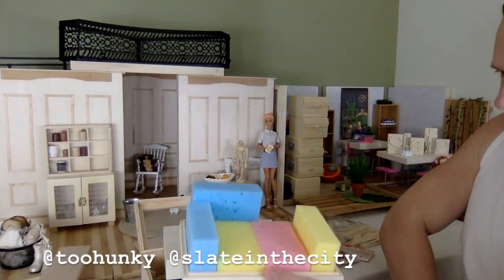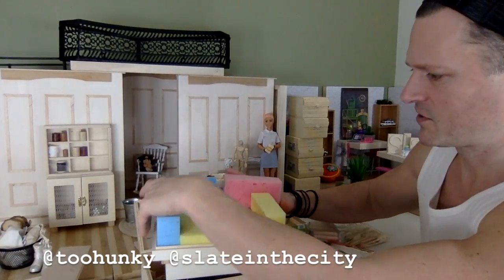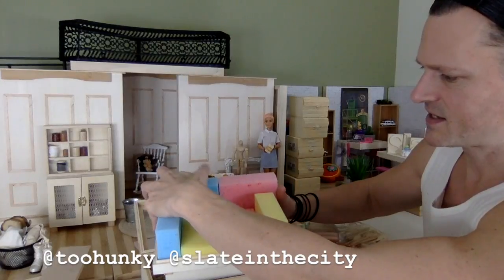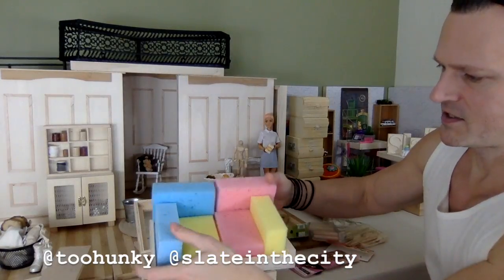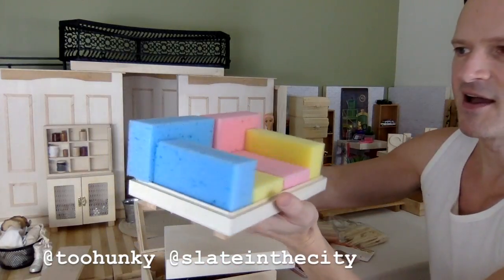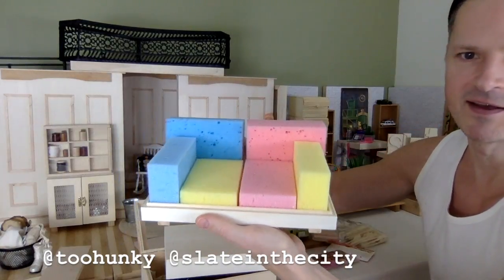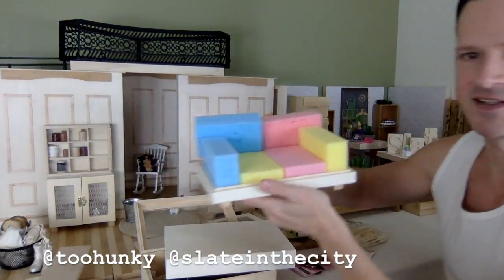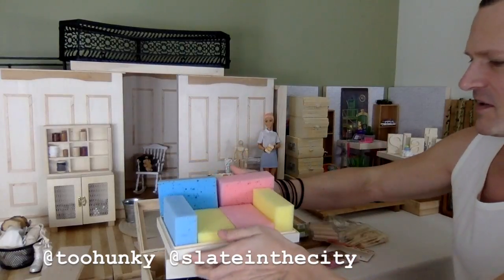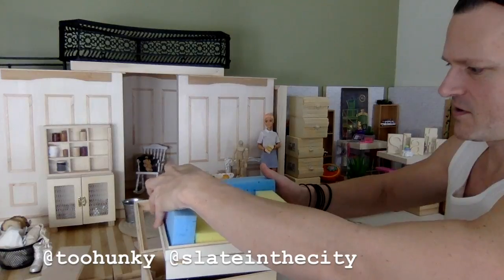And I would, yeah, it looks like all I have to do is cover these things. I'm going to glue some white cotton around them, and I am going to have the perfect little couch. It's going to look so good. I mean, it kind of even looks good like this. I could put it in the color room. Let's switch it like this so it's all...